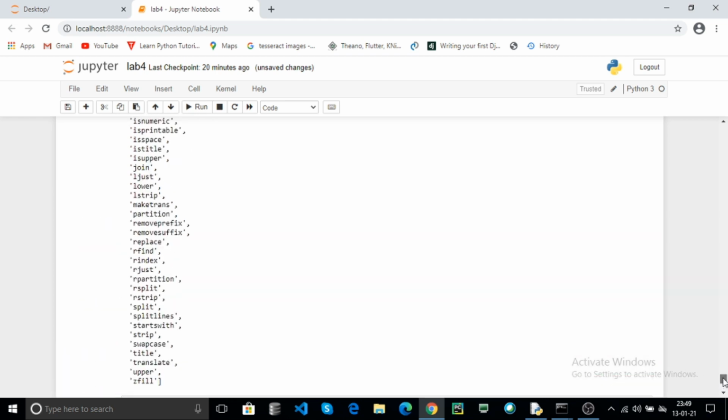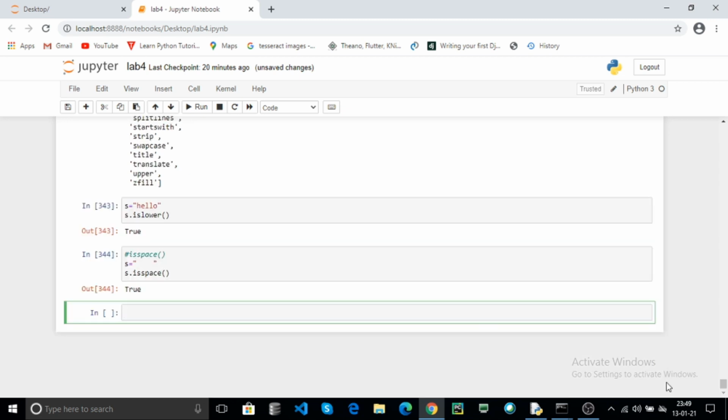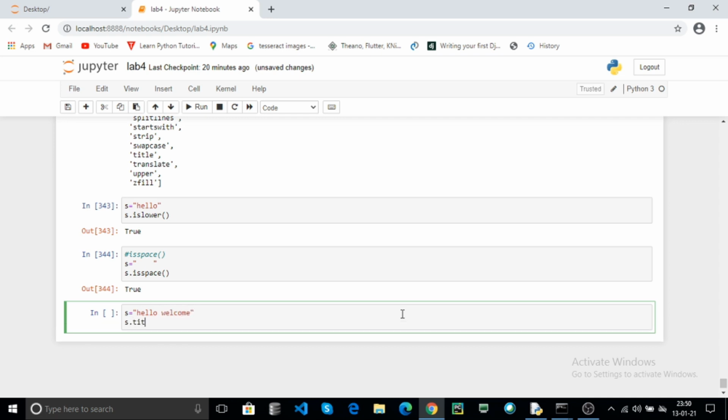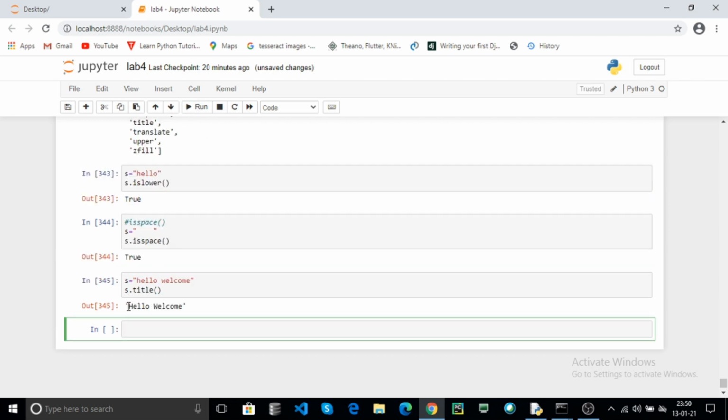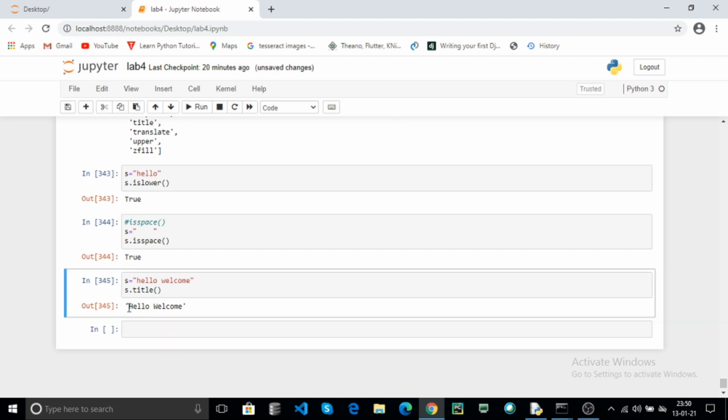Now is title. Here s contains hello, welcome. Here is the s dot title. Here it returns true if the string is starting with the new words. For example, here the hello is starting with the first index is capital letter.